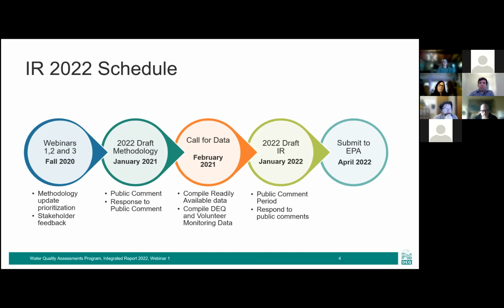During that time period, as I mentioned, we also compiled all readily available data and our own data into one central location, where from that time to now, we have been in the process of reviewing the data and running our automated R code to determine assessment categories and review informational data against some of our more non-numeric standards.